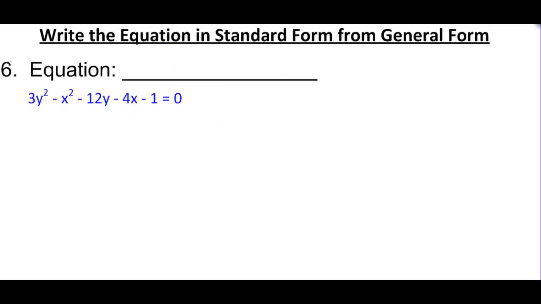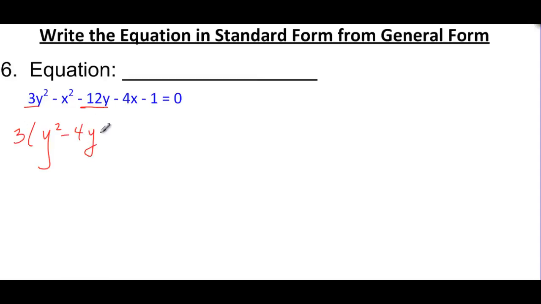Let's look at our last example. Here I have y's first, then x's. I see my y's are positive, my x's are negative, so the y's should come first, the x's should come second. So I notice right away that I have a 3 in front of my y squared, but I just want a 1y squared, so I'm going to factor it out right away. So if I look at the y's, if I factor out a 3 from a negative 12, I get a